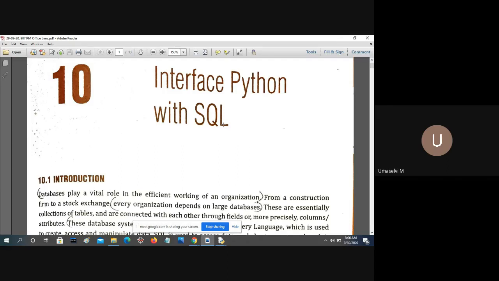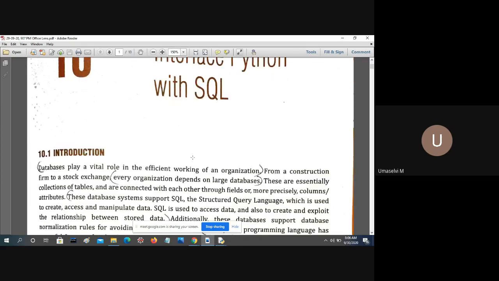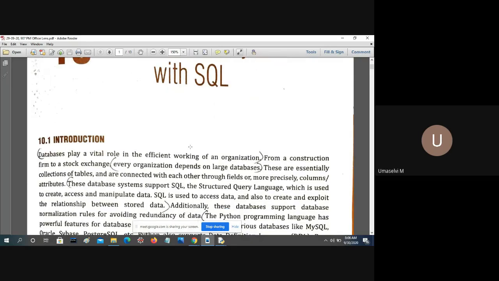And you will be creating a table and inserting, for example, your class students' marks. You are giving name and marks. So all these details will get stored in the table in MySQL. Next time when you want, you can get it from the MySQL table, but it will get displayed using Python. So Python is known as the front end here and MySQL will be the backend. Let us see some introduction, then I'll show you the programs, and it is quite interesting. Connectivity is actually quite interesting and your project is based on this connectivity.